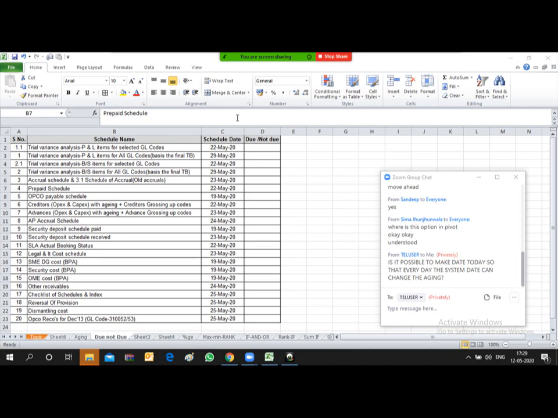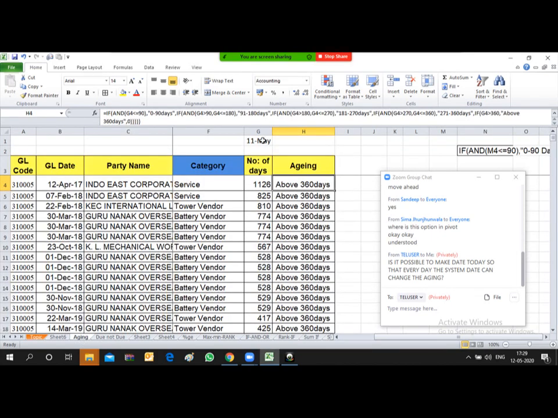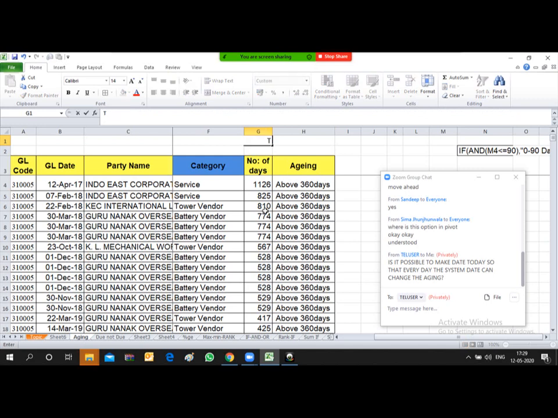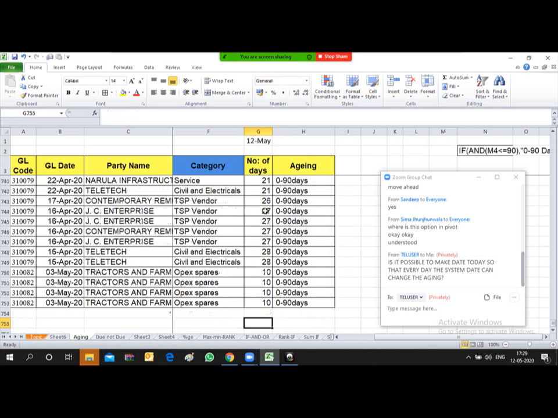By that way you can see that the due date is coming. Or in the aging part, instead of this 11th May, you can just type today over here, and like this you have to enter. Accordingly the number of days will get changed.